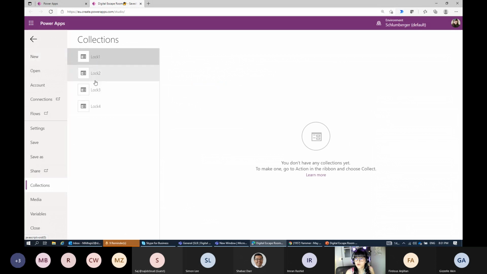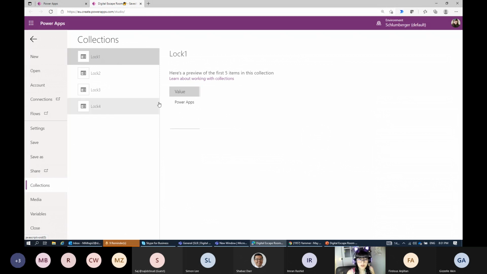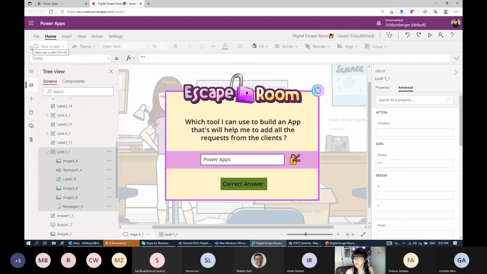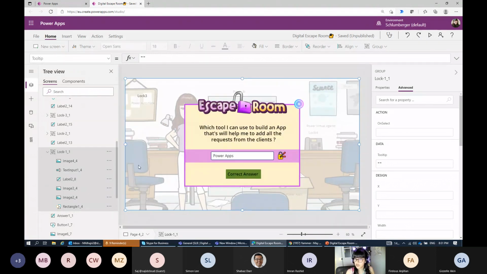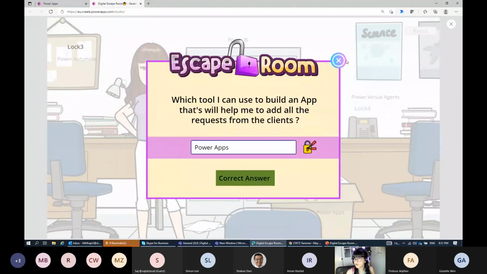But what if they are entering a wrong answer? They will not be able to see it here. It will be empty. There is nothing. And even the icon that unlocks, they will not be able to see it. Okay. The question is here, how can I see the pop-up message? Let me show it to you.